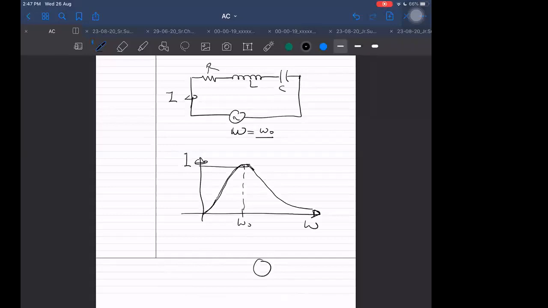While I am rotating this knob, I can change the internal inductance and capacitance. How can we change capacitance? By rotating the knob. Imagine a capacitor made up of two semicircular plates, and I turn one plate with respect to the other. Then the overlapping area between the plates will reduce. If one plate is shifted with respect to the other, the effective area of overlap reduces. As a result, capacitance will decrease.